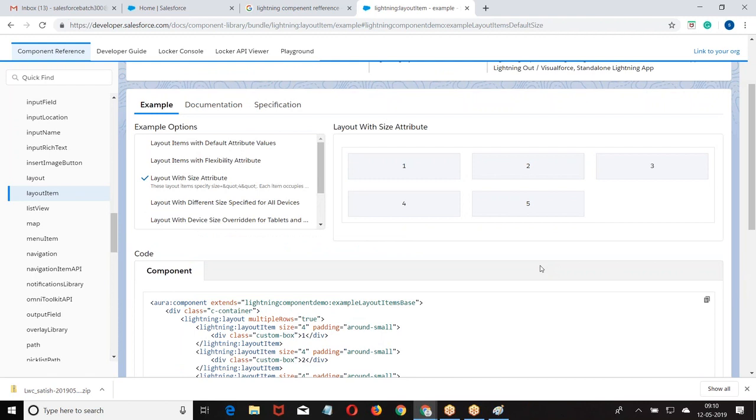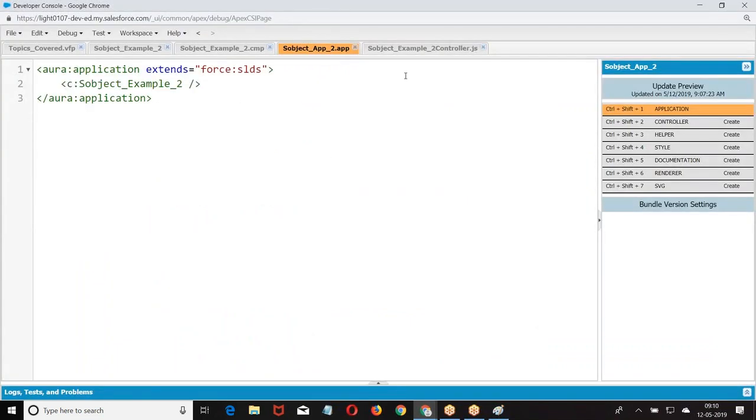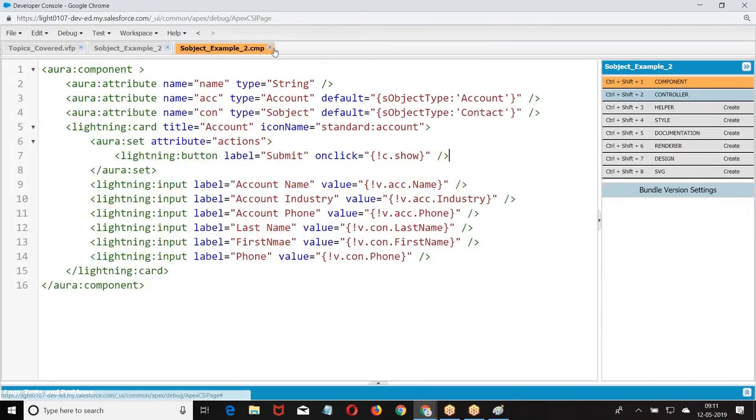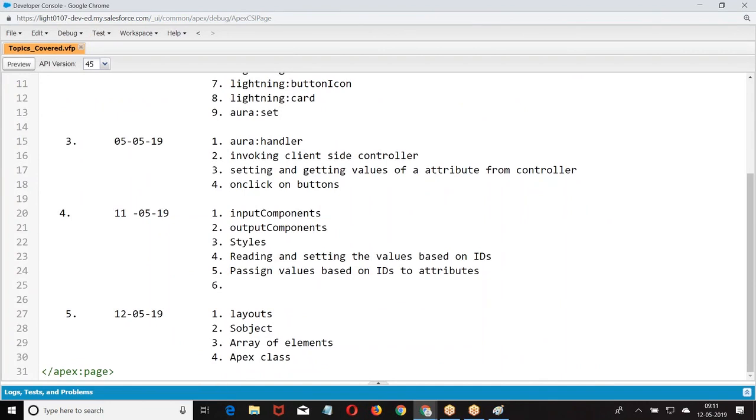Now let us get into the structure here. I feel that people have followed this concept clearly.